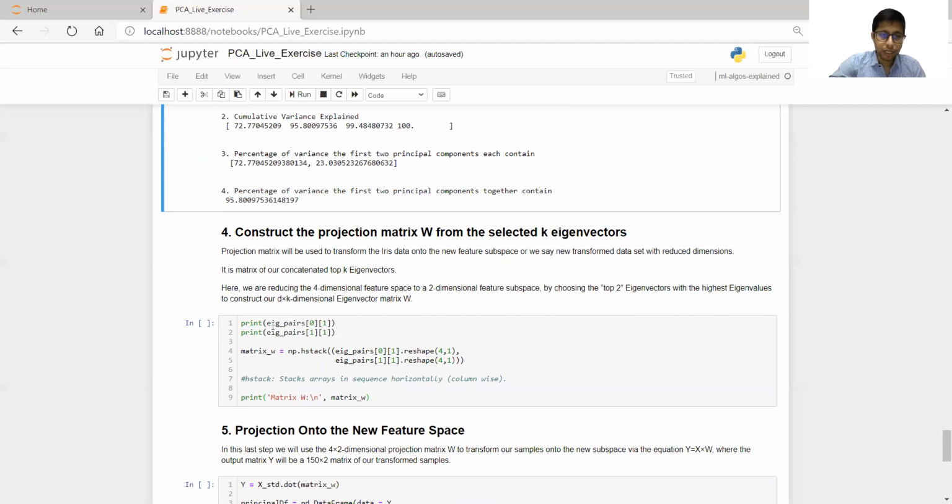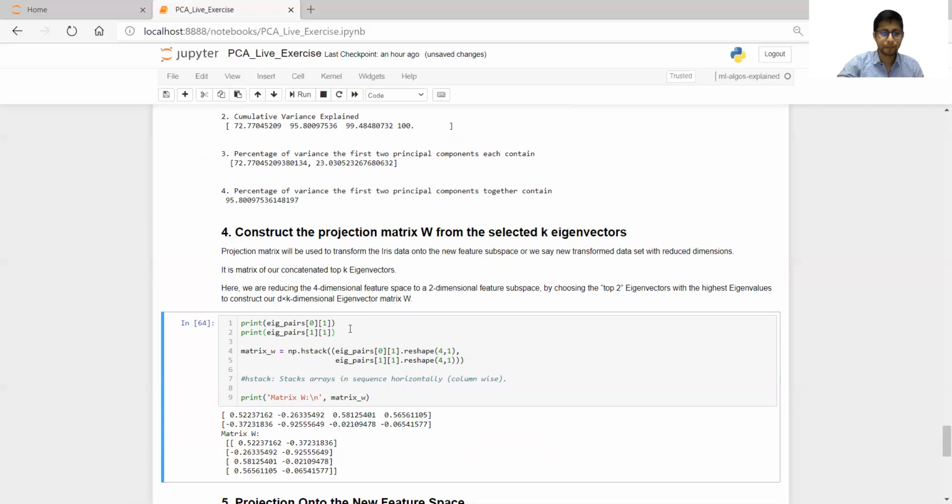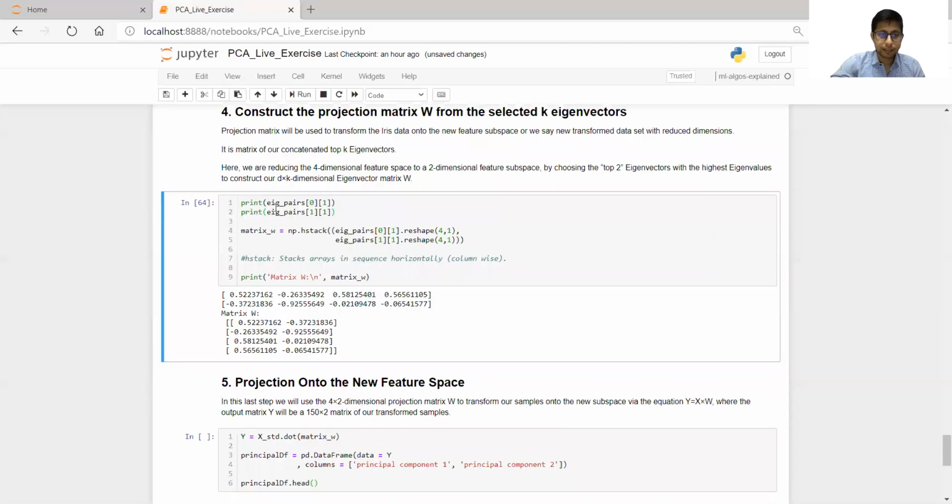How will we do this? Let me execute this also so that I can explain it easily. The eigenpairs contain the eigenvalue, comma, the set of eigenvectors. So 0, 1, 2, 3: four sets are there, and each set contains the eigenvalue at the 0th location and the eigenvectors at the first location.